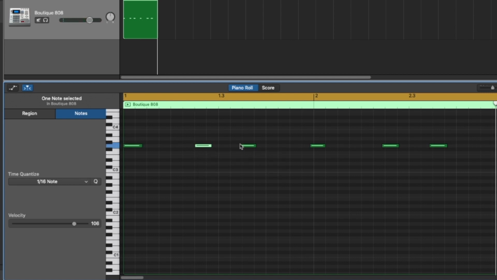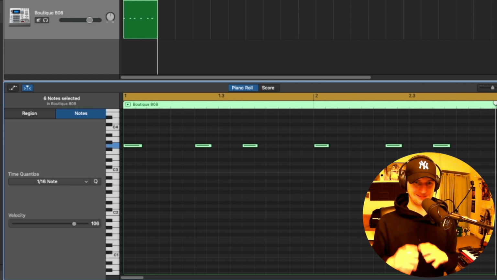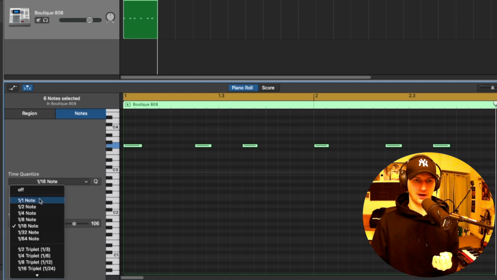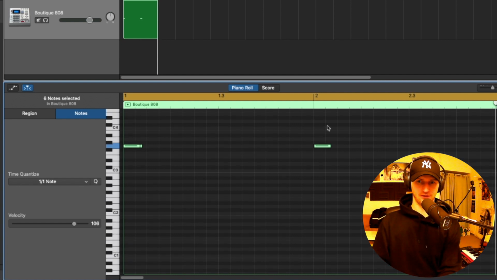The easy way to do this is using quantization. So in order to do that quickly, we can go Command A, and this is going to highlight all the notes. We can go down here, it says time quantize. We just have to press this Q, and that's going to lock the notes in place. Now here's where it's going to be an issue for someone who hasn't played in time yet. For example, if we quantize here by a whole note, you can see everything's jumped to the first part of the bar. Everything's either jumped to 1 or 2, and that's because we're